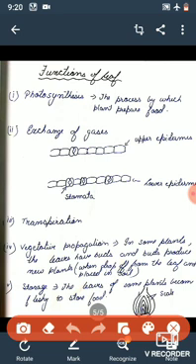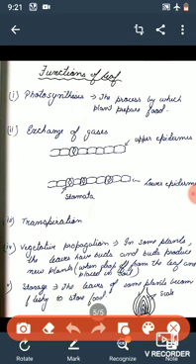Now, transpiration. What is transpiration? It is basically the loss of water from the aerial part of the plant in the form of water vapor. This is important: in transpiration, the loss of water takes place in the form of water vapor. In this process too, the stomata help, meaning water vapor moves outside the plant with the help of the stomata. When they are open, water vapor is lost from the aerial part of the plant into the atmosphere.